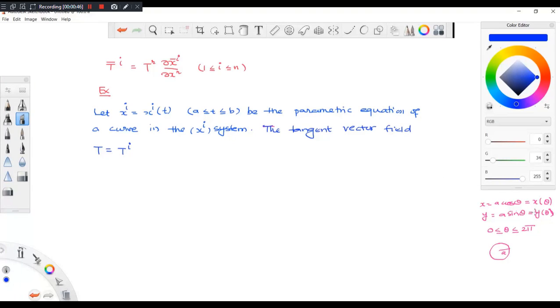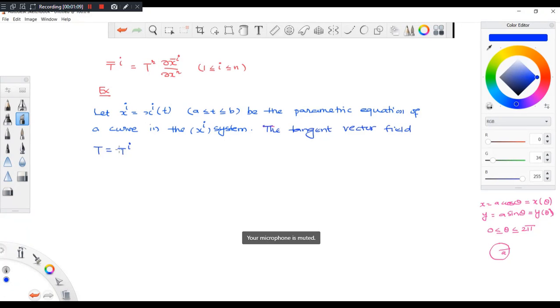x is equal to x of theta, y equal to y of theta. If I write x equal to a cos theta, y equal to a sin theta, it will represent a curve. So that is why this will represent a curve xi equal to xi of t. It's a single parameter t in n dimensions. There will be x1, x2, etc., xn. In n dimensions, a curve can be represented like this.